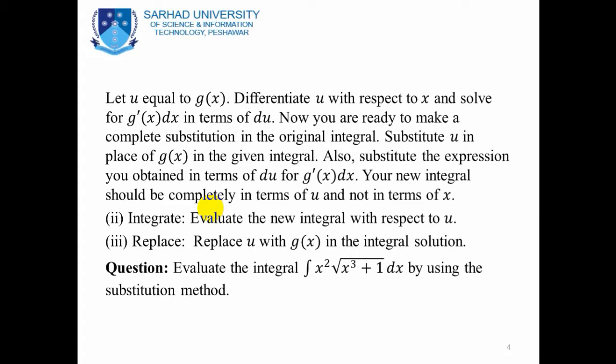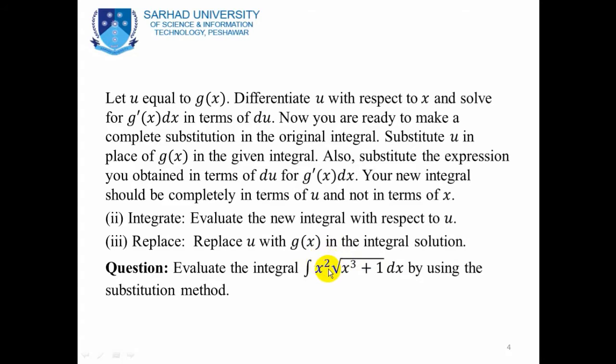Now you will see here some examples of how to evaluate the integral by using substitution. Now for practice, you will see here some examples. For example, we have the integration of x square into the square root of x cube plus 1 with respect to x. So dear student, first of all note that in this example there are two parts of the given function. One part is x square and another part is the square root of x cube plus 1. Now this is the main question, and most students face this problem: which part should be supposed as the new domain u?